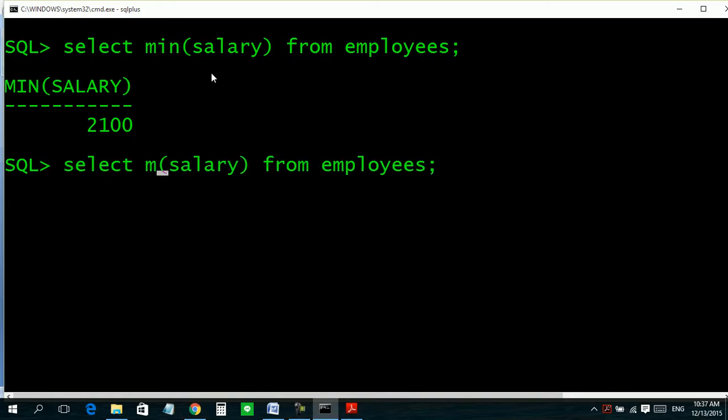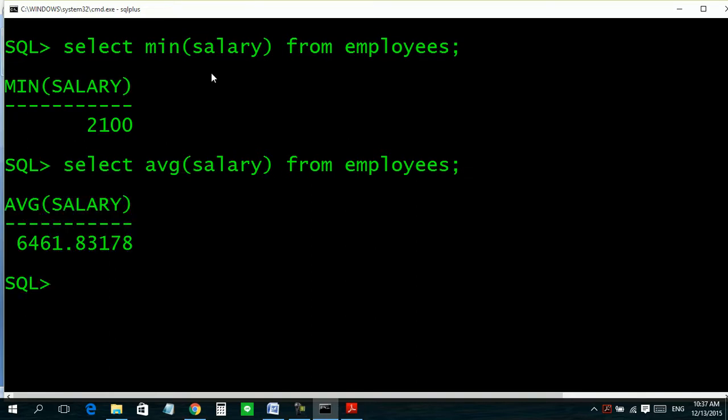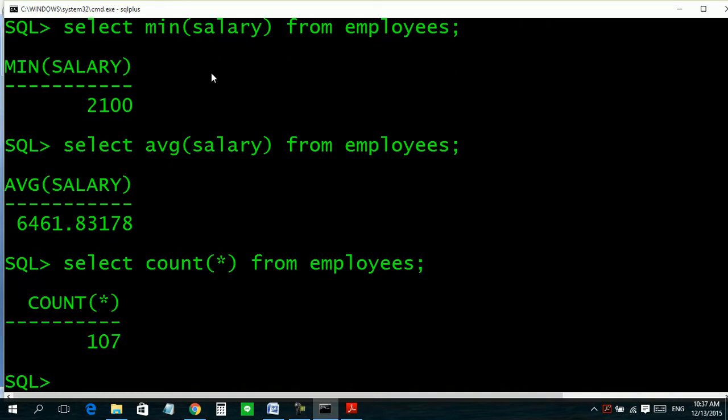Similarly, if you want to see the average salary, you will get it. Similarly, if you want to know the number of employees or the number of rows in the table, you can use select count star from employees. It has 107 rows.